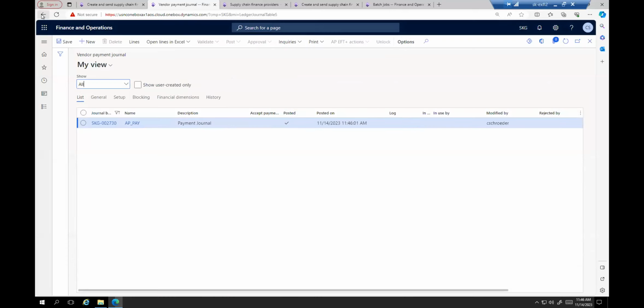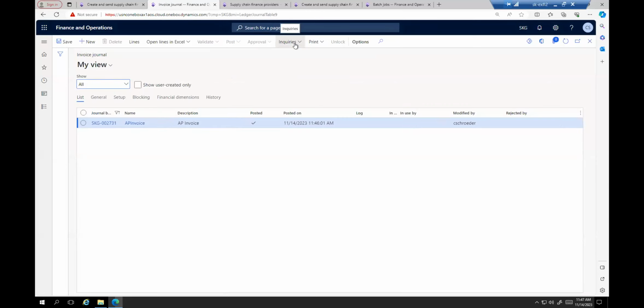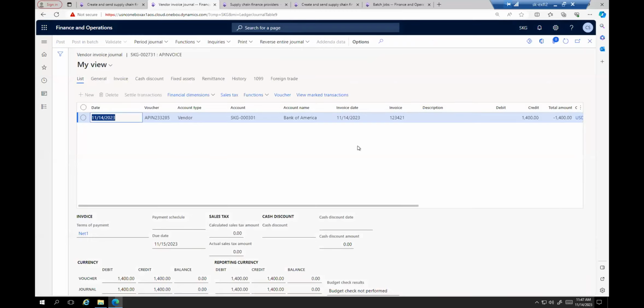If we back out here, we will be able to see on the invoice journal that this got taken back out of that temporary holding account and now is being paid to Bank of America, in this case our vendor that we're paying. So it got moved from the original payable to the original vendor, to now it's a payable that is set up for Bank of America. And this just creates the invoice. It doesn't generate the payment itself. The payment itself would get picked up in just your normal payment run.